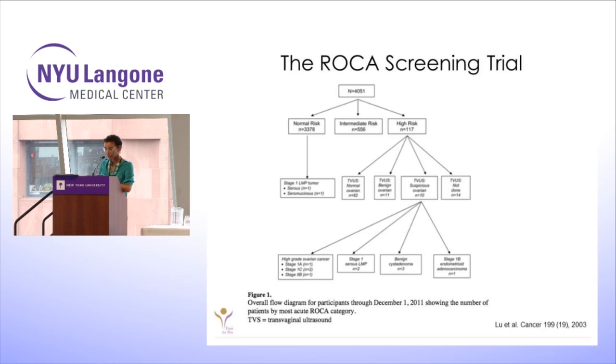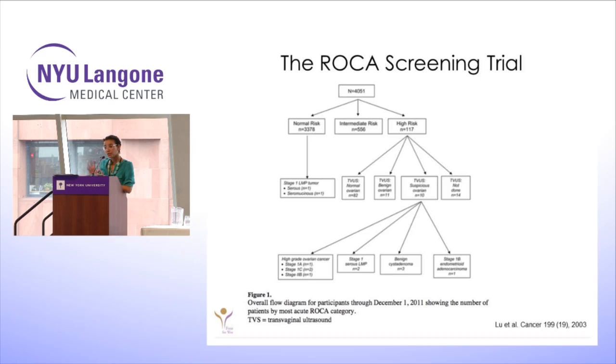And that was the next step, I think. Karen Lu at MD Anderson led a large collaborative trial looking at screening that was a little bit more sophisticated. And what they did was they put people into various risk categories based on CA125, but they didn't just use an individual test. It was a test over time, a longitudinal test that they put through a specific algorithm that they call the ROCA, Risk of Ovarian Cancer Algorithm. That algorithm is proprietary, so I cannot tell you exactly what it is, but hopefully one day we'll be able to use it.